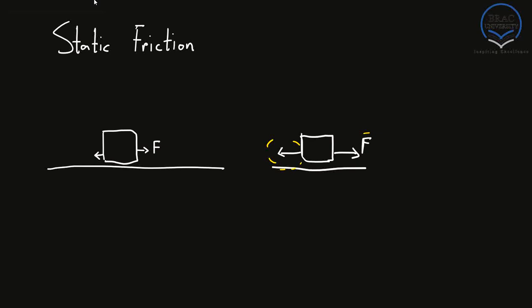How can we capture this mathematically? We say that this force being developed and slowly being increased as this F keeps increasing, this force is the force of static friction. Let's call this